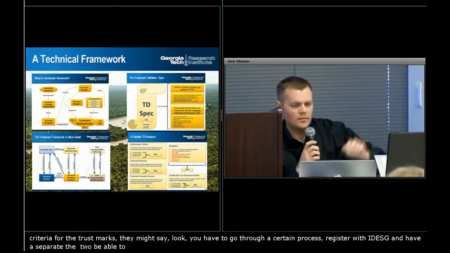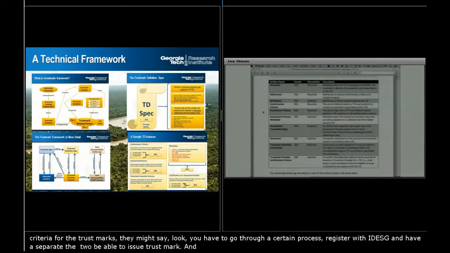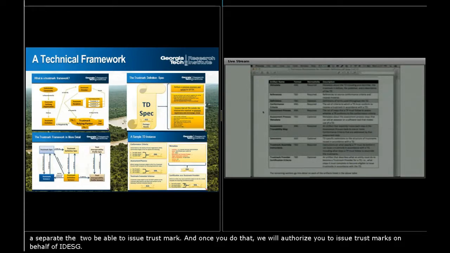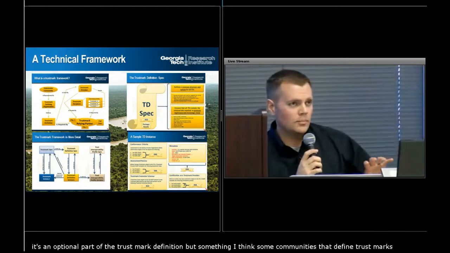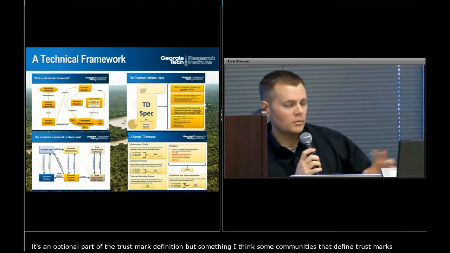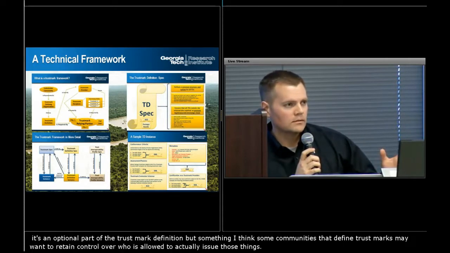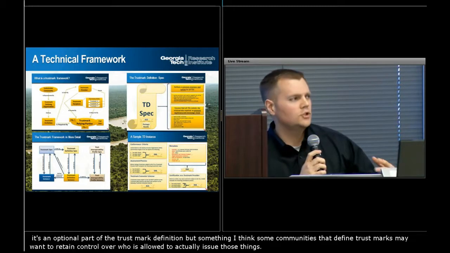This, as you can see in the bottom line there, is an optional part of a trust mark definition, but it's something that I think some communities that define trust marks may want to retain control over: who is allowed to actually issue those things. Because when you decouple the trust mark definition from the trust mark provider, you realize that trust in a trust mark is actually different from trust in the entity that